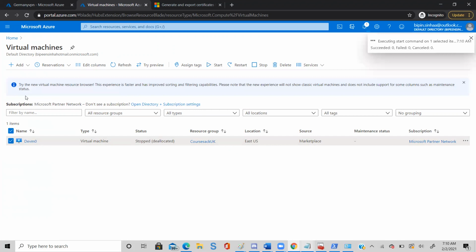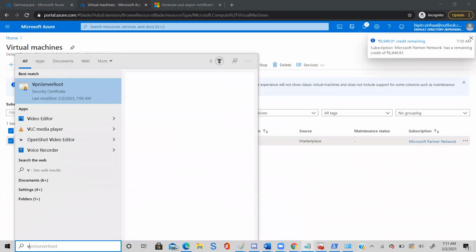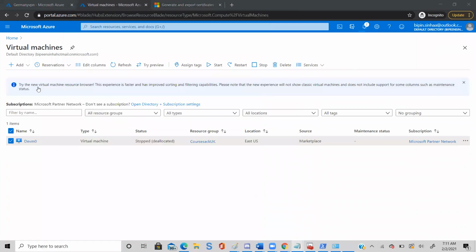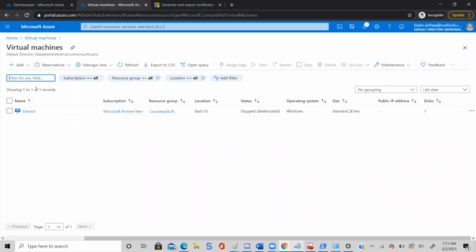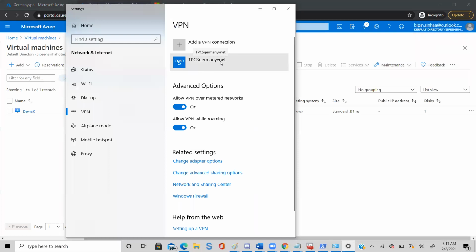While it is starting, just type VPN in the search box in your laptop. Click VPN settings. You see now TPCS Germany VNet VPN is there.